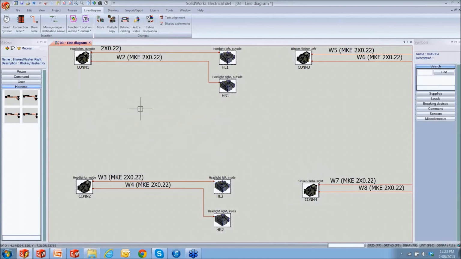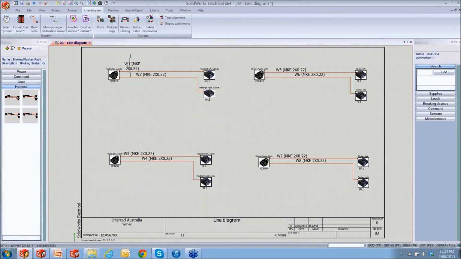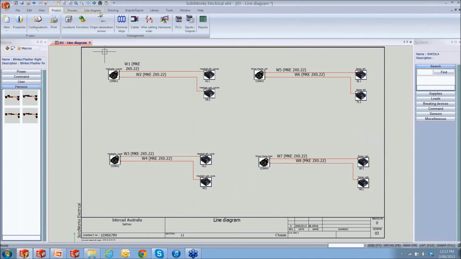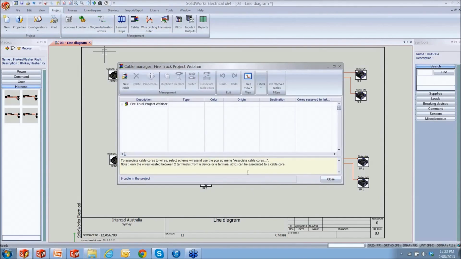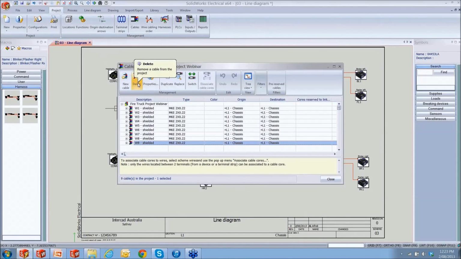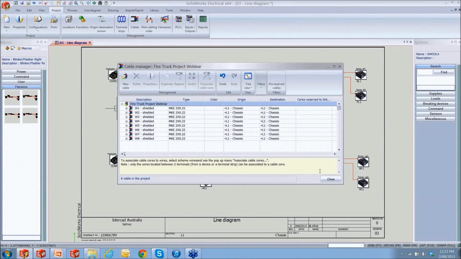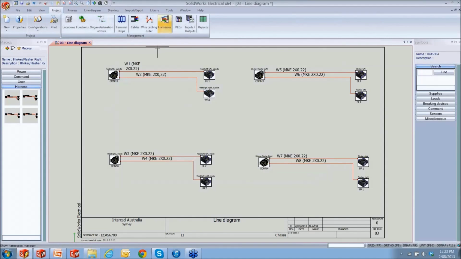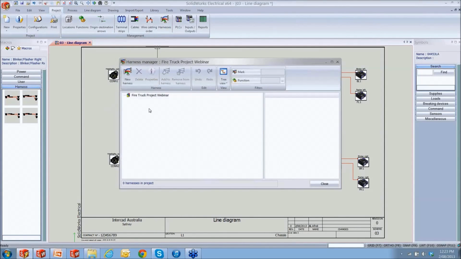So now I've got all these separate drawings sitting on my screen. How do I create a harness from there? I can simply click on my project, and I've got these 3 tools here to view all the cables in the project. For example, this one shows all the cables that I have in my project. This is my cable schedule basically, and I can delete W9, which was the recent one that I don't need to use. So close this one, and with my harness I can see there's no harness at the moment